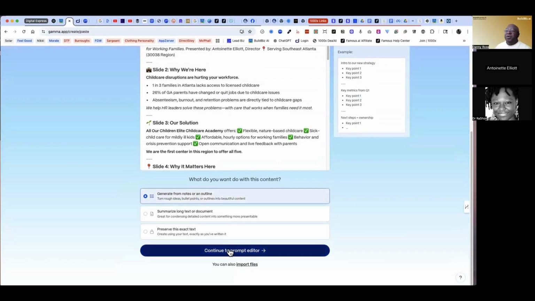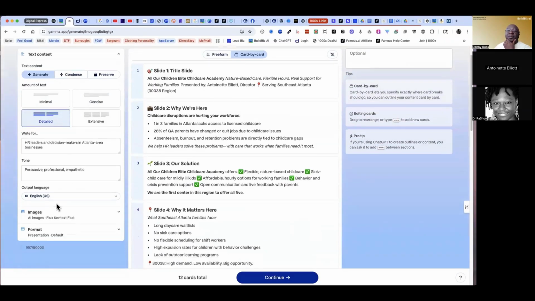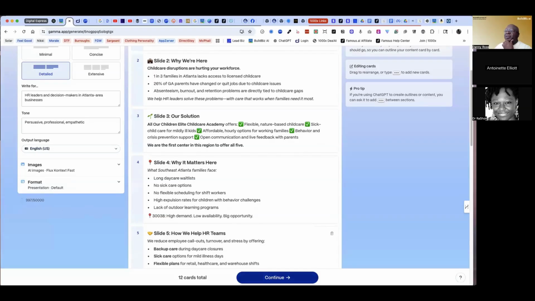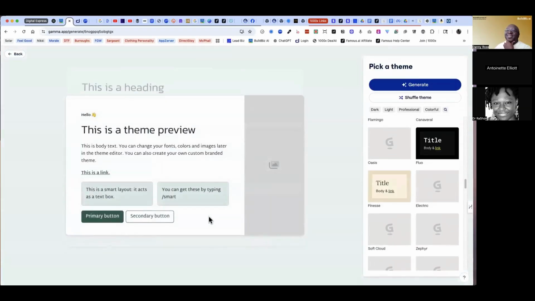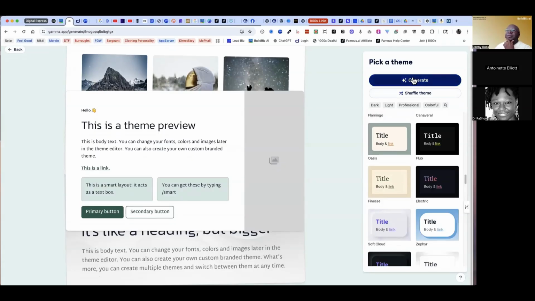And by the way, this is just part of my workflow. I recommend tools that I use. I can tell it how do you want it to build? And I'm not going to give a training on this today. What's your color scheme, Antoinette? Just do this one. Let's generate. And we'll go from there.